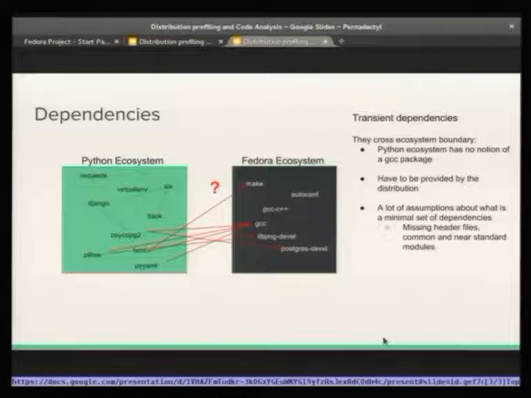So, this problem could be split in two, and one part is actually searching for header files that are needed to compile the native extensions. That means going through all the C, C++ source, and header files and figure out what are their requirements, and find which package from the distribution provides these requirements. So for that,